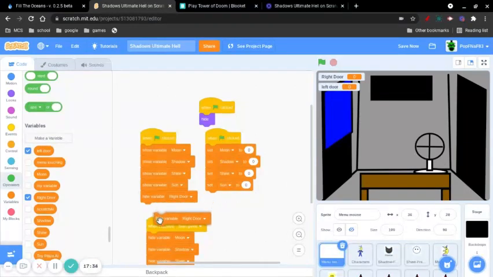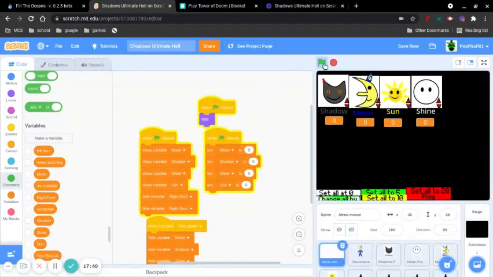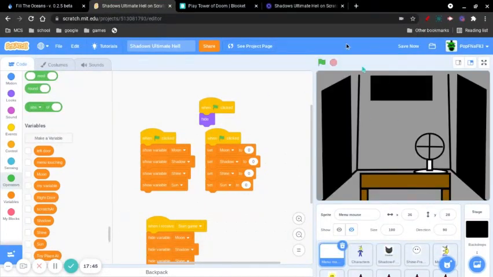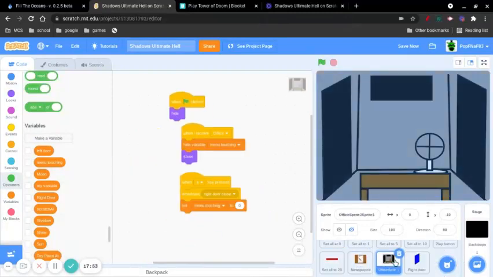So now that we have left door and right door, we will hide them both. Or I could have just done that. Okay, hold on. So now we just gotta see if they work. Boom, bang, bap. All right, they'll hide easy. So now that we're in the office here,